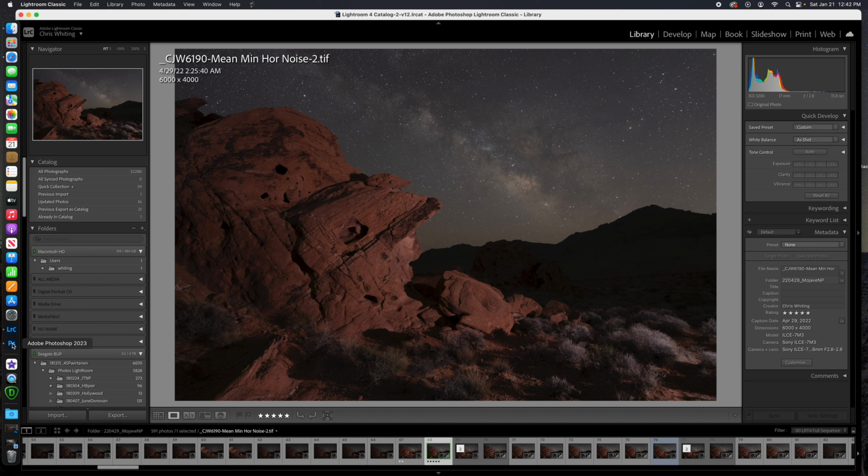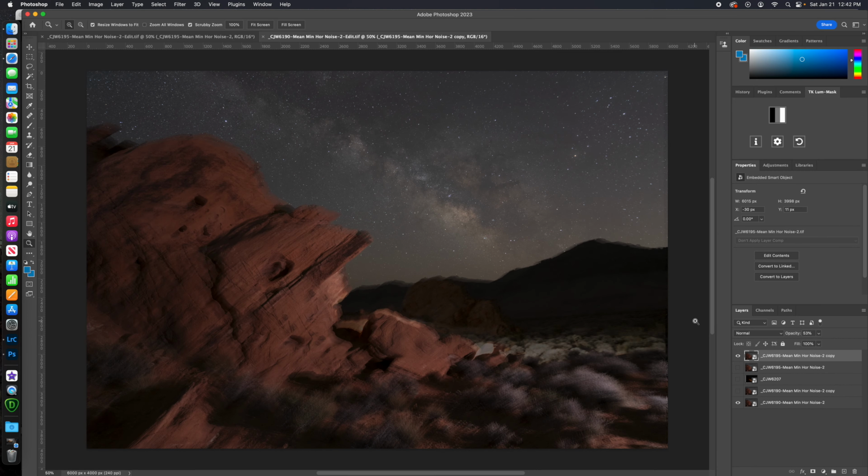So here in Photoshop I have exported the layers as smart objects. On top I have these two layers are the same. These two bottom layers are the same. This is a different one that I'll bring in later. But I wanted to show you how I combine